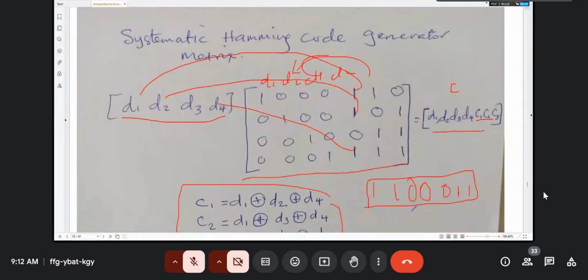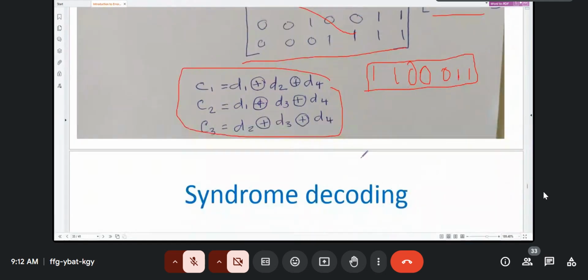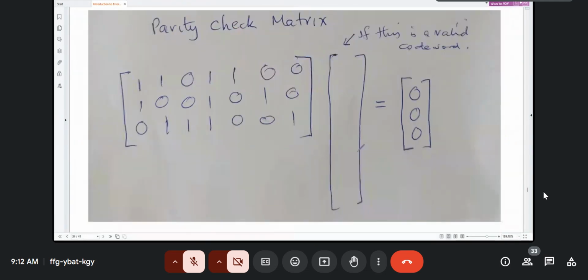So the code words will not be the same as this when you change this. You have to be very careful. As you have just seen, this code word is not a valid code word for that because we are using a different generator matrix. But what we are saying, why it becomes important,